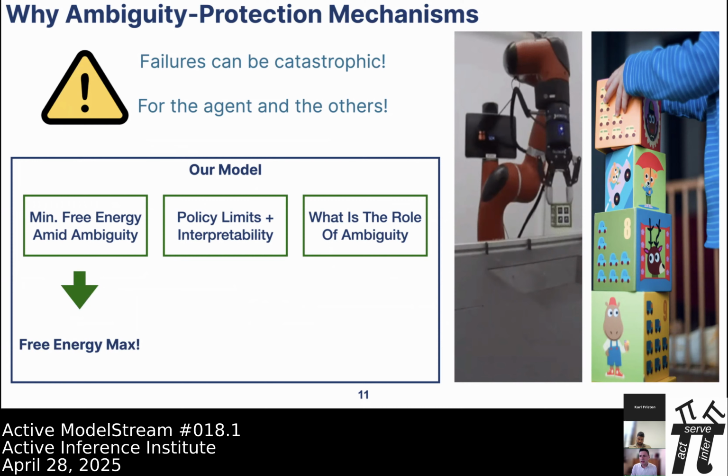Then the model will allow us to establish the best performance that can be achieved by an agent that follows the model. Plus, we'll have some interpretability property. The cost driving the actions of an agent can be inferred from the viewpoint of an external observer, and it also clarifies, or at least hints at explaining, some cognitive behaviors in the regimes of large and small ambiguities. So this is what the model will do.